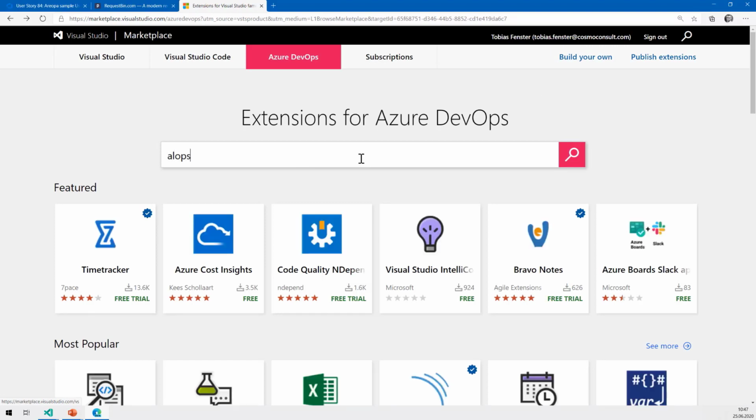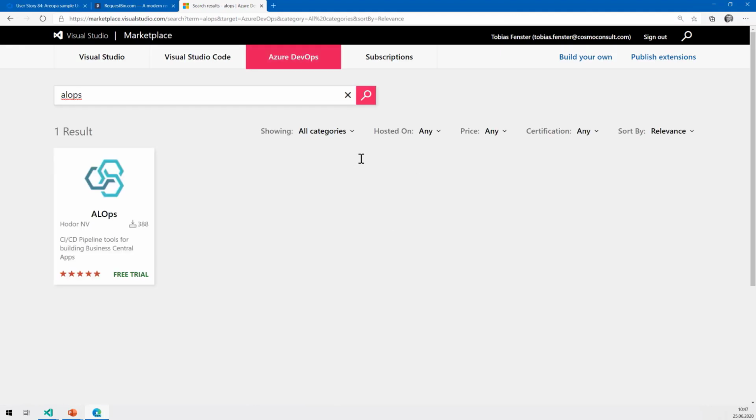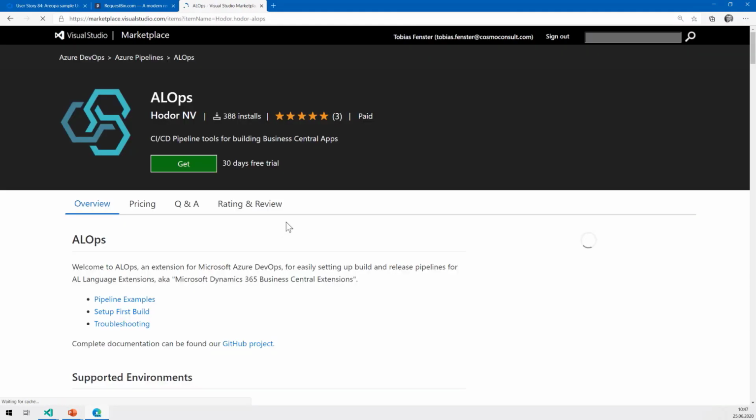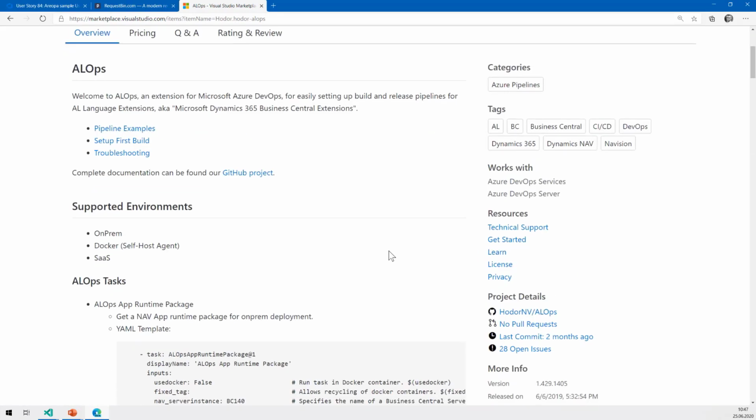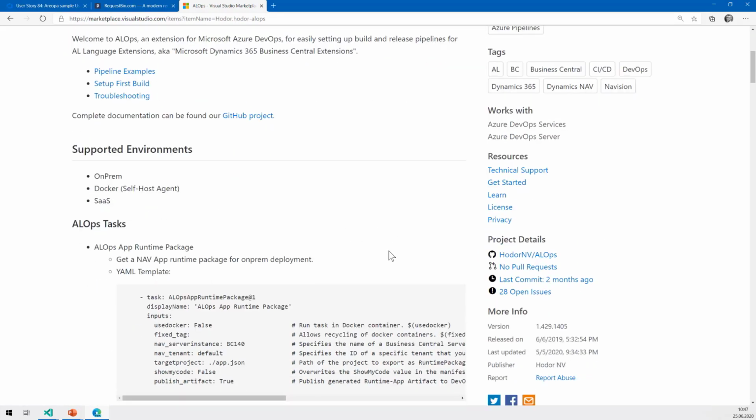And then we, of course, have a lot of community-driven ones. So, for example, we are using ALOps that probably a lot of you know, created by Waldo and colleagues. And that one, if I click here, you can see it has pricing, it has a 30 days free trial. So all of that is also possible. It has documentation. And what usually is the case for community content is that it links to a GitHub repository where you can create issues and get feedback or get support.